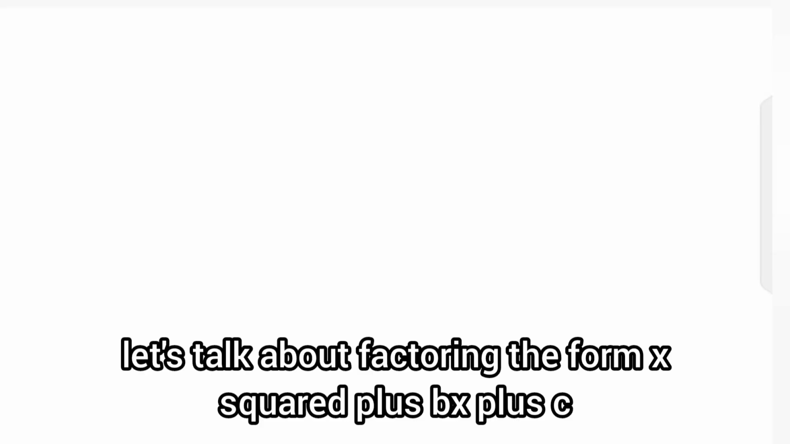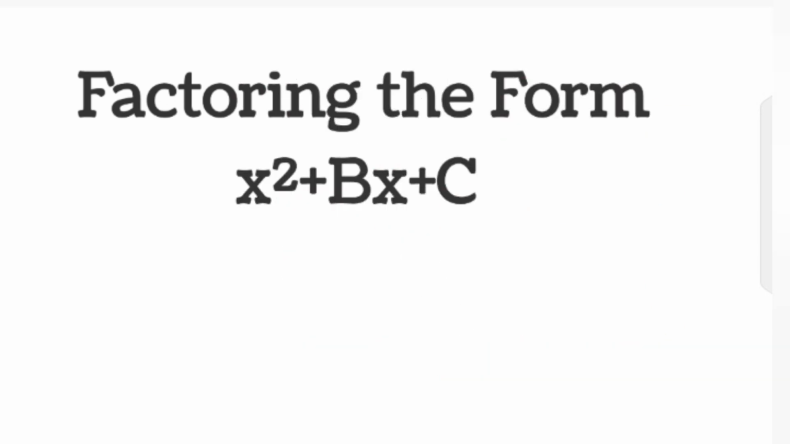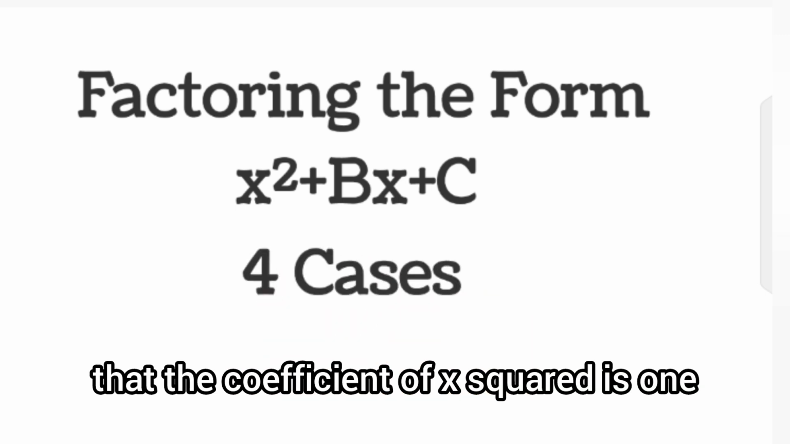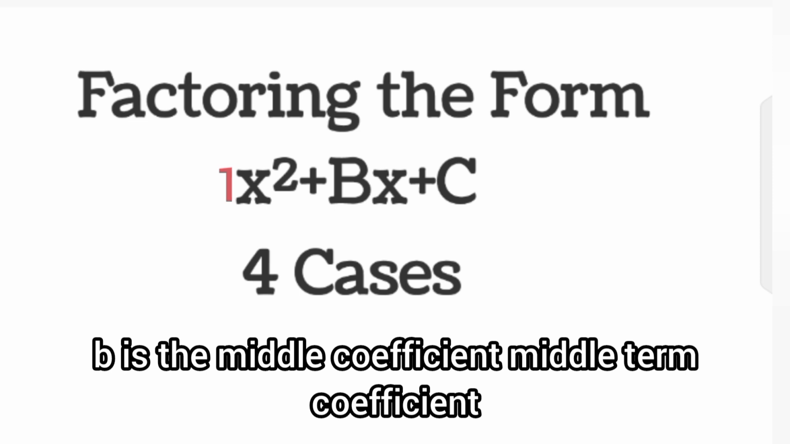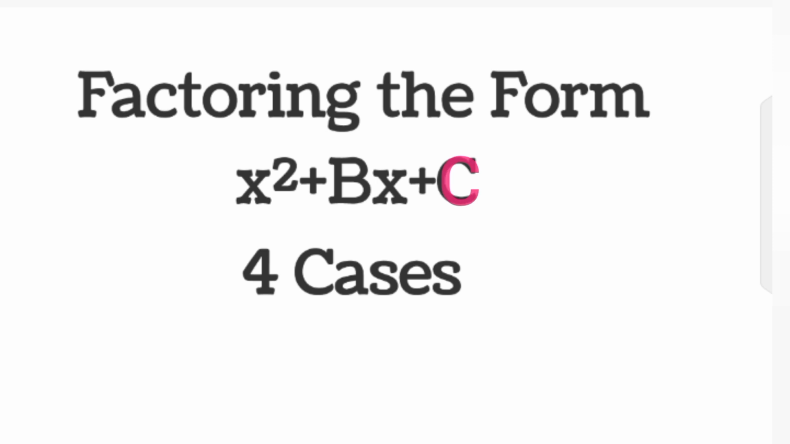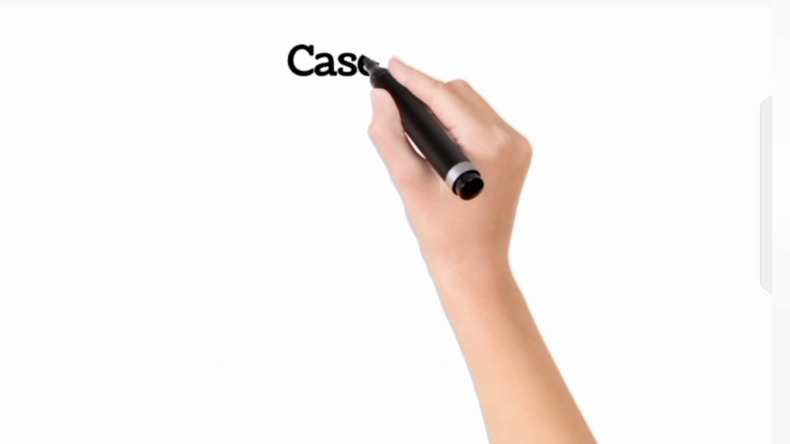Let's talk about factoring the form x²+bx+c in 4 cases. Take note that the coefficient of x² is 1, b is the middle term coefficient of x, and c is the constant. So for example, we have here case 1,